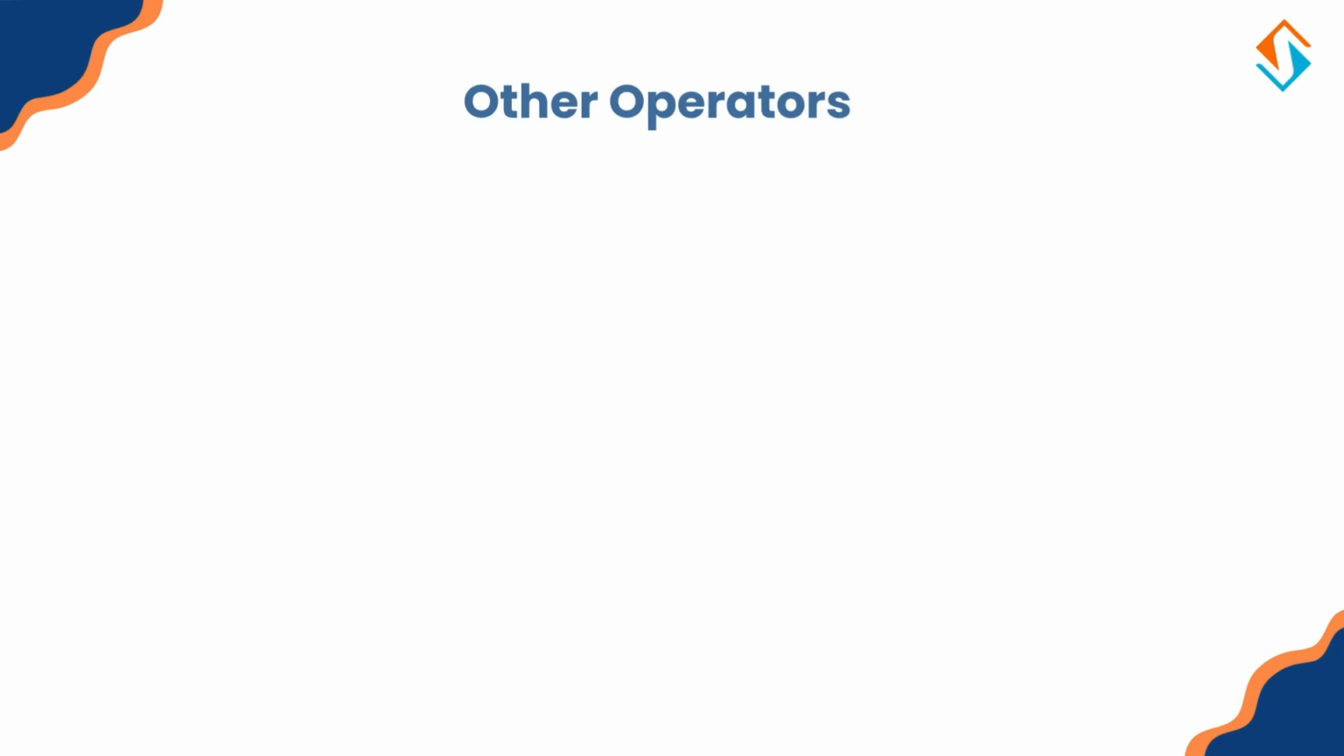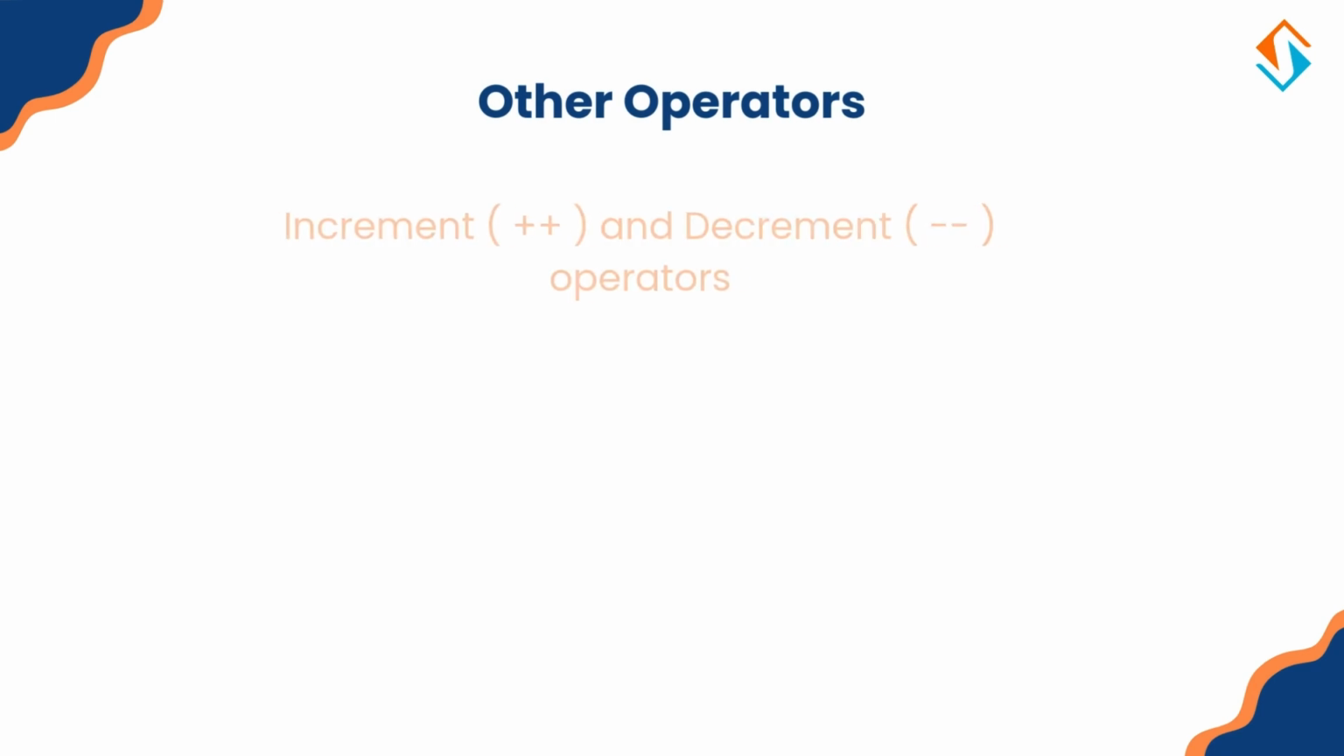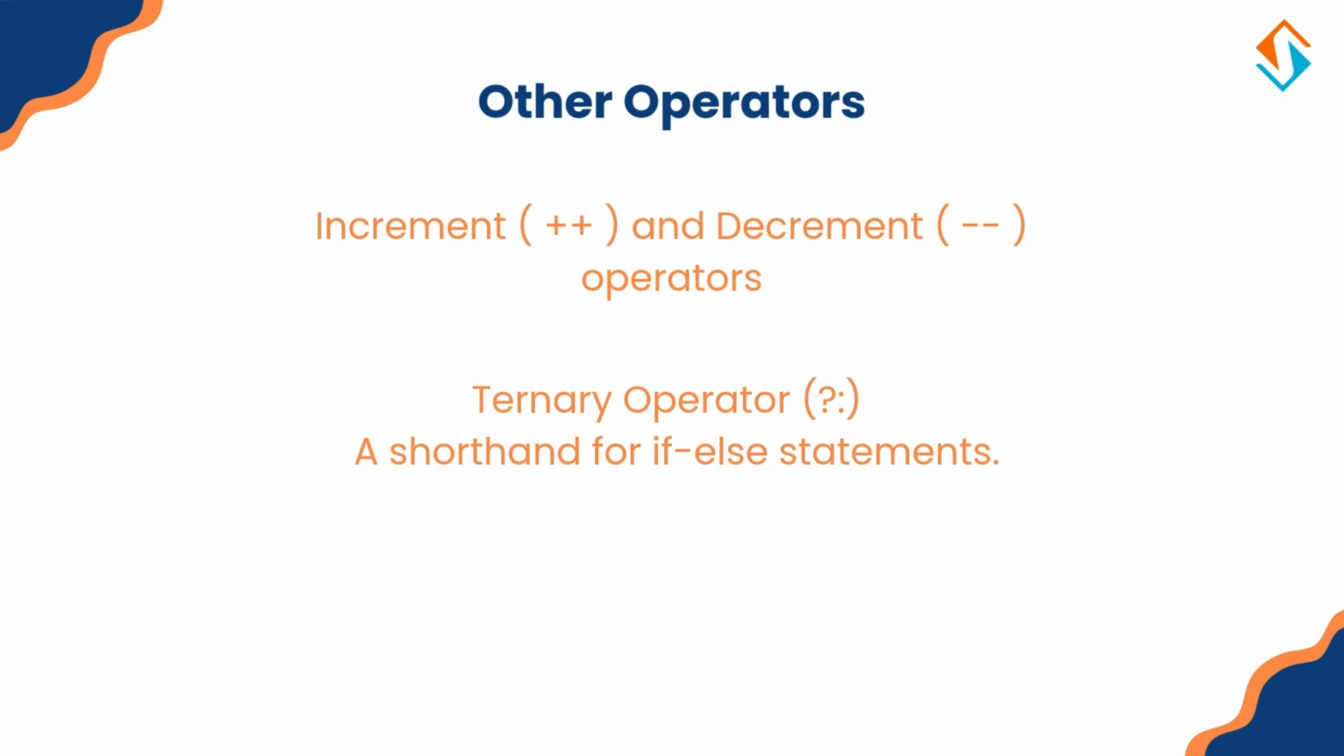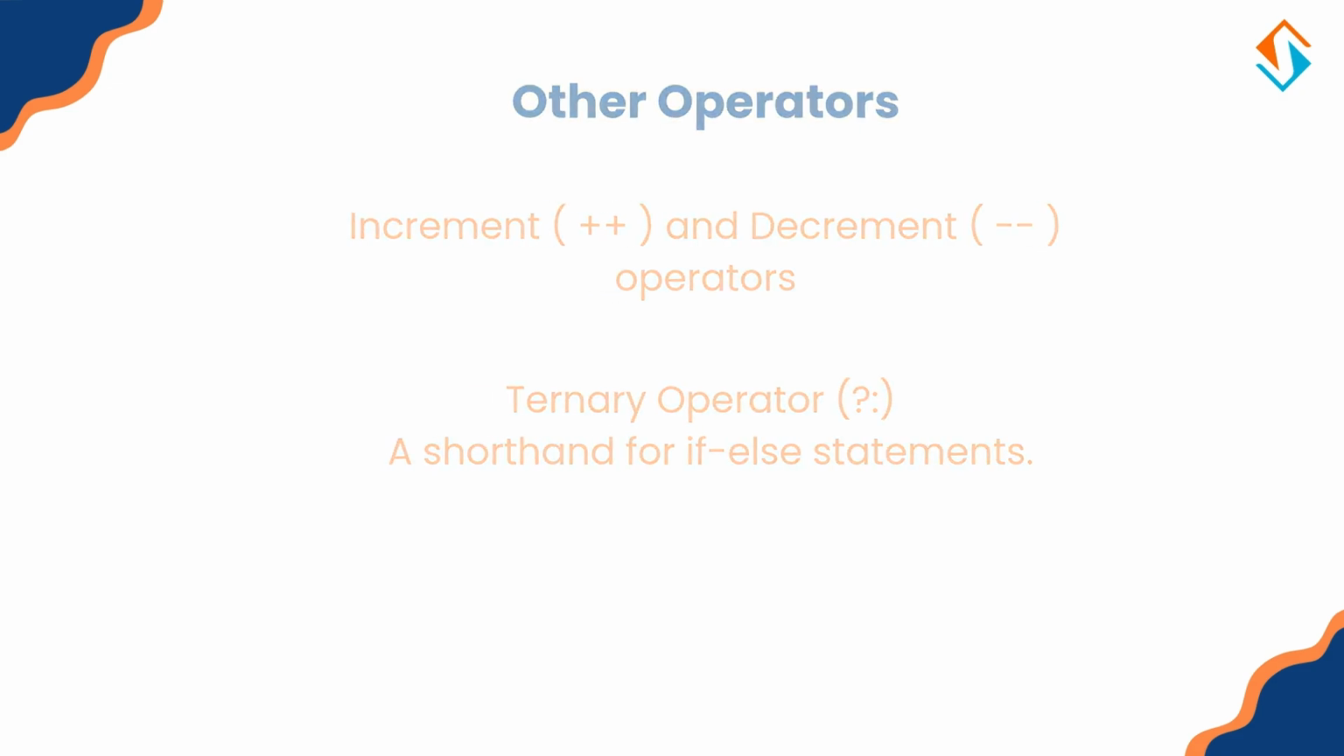Now some other operators. Just a quick mention of a few others. Increment and decrement operators. They increase or decrease a variable's value by 1. Ternary operator is shorthand for if-else statements. For example,